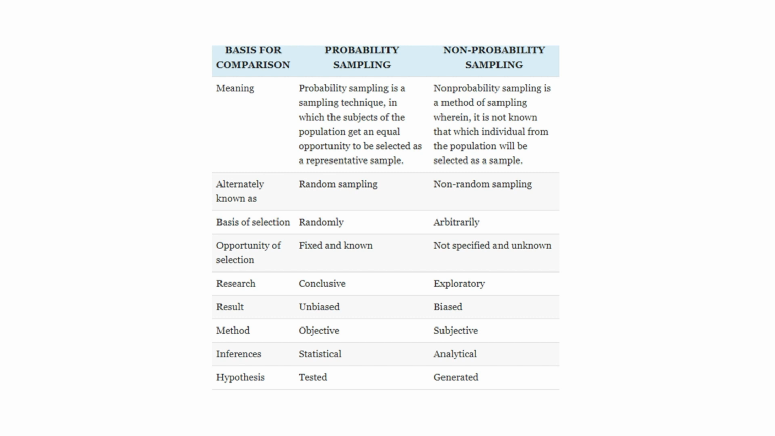So research is conclusive, that is very true, and at the end you are going to get a very conclusive result, which is quite holistic in nature. Whereas when you are talking about non-probability sampling, it is quite exploratory. We will see there are certain methods like snowball,